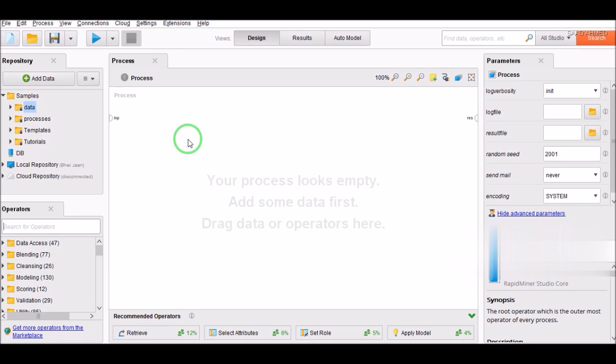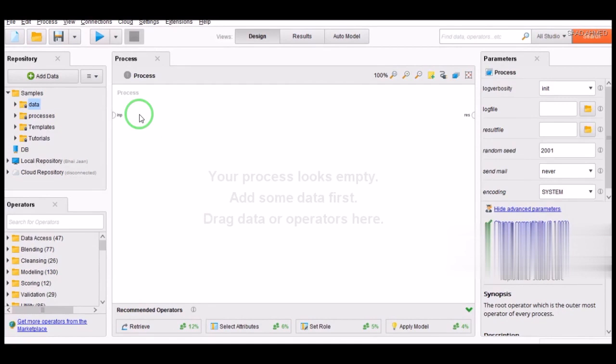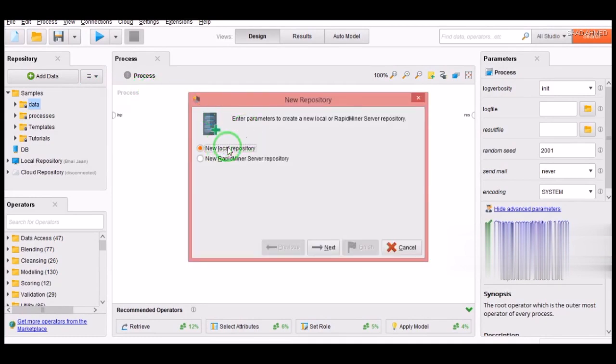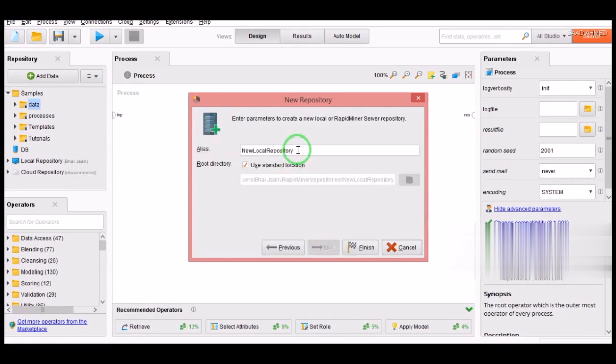This is basically for the beginners. Anyway, so let's do it. So first step we do is to create the repository, and for that we'll go on the top left side. You can see the tab here, and we'll use the create repository to create a new local repository, and you press next, and you can use any name you want. I'm going to name it demo,